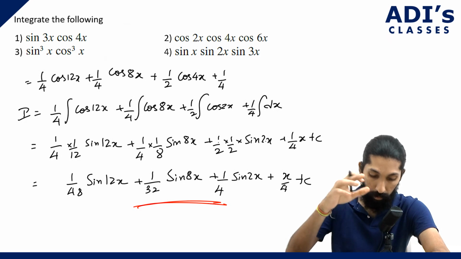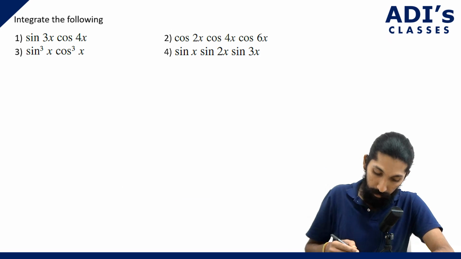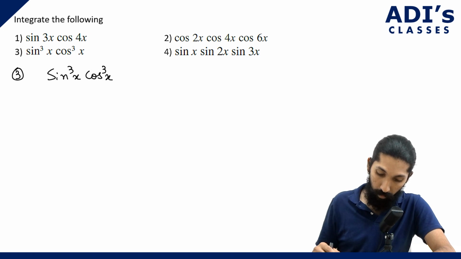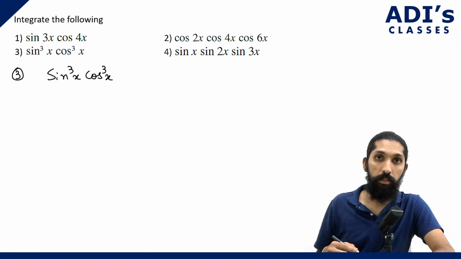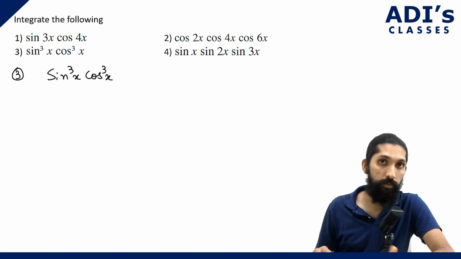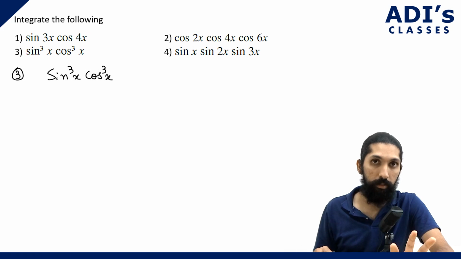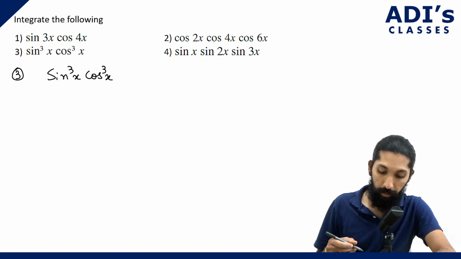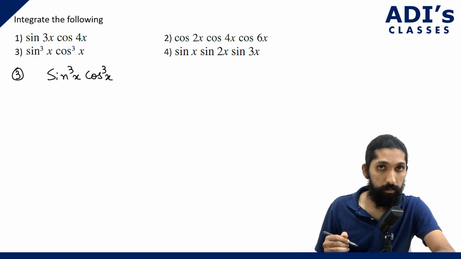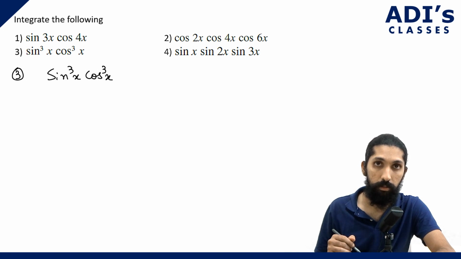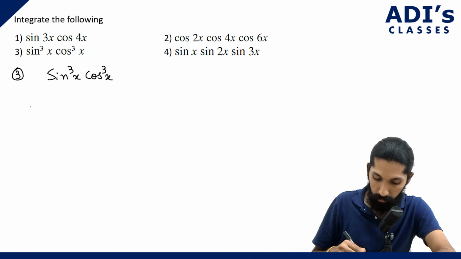Okay. Now let's do the third question. See the third one. You have sine cube x cos cube x, right? Now before you integrate this one, let's take either sin x or cos x, any one of it, in terms of the other. It's going to make things a lot easier. That's the only thing. That's all. Okay, nothing more, nothing less. Maybe we can take the sin cube x as sin x into sin square x, or you can take the cos cube x as cos square x into cos x. Correct? So I is equal to